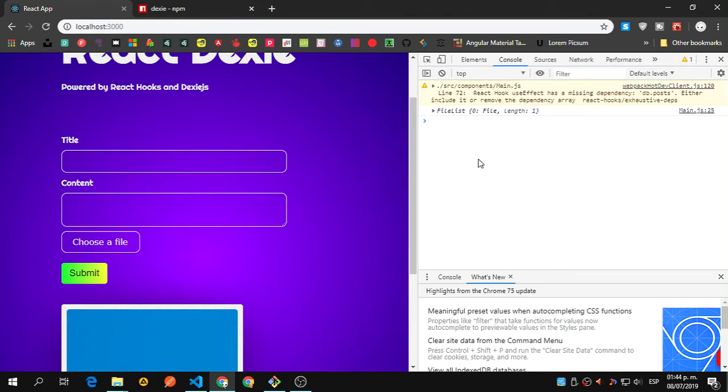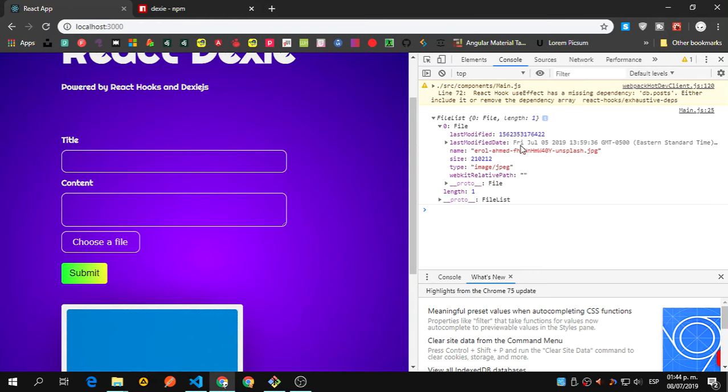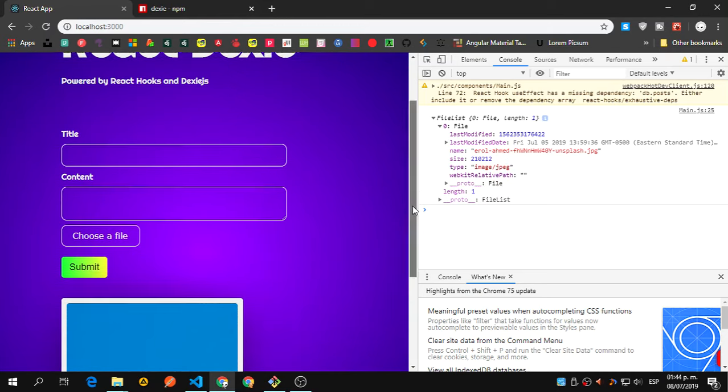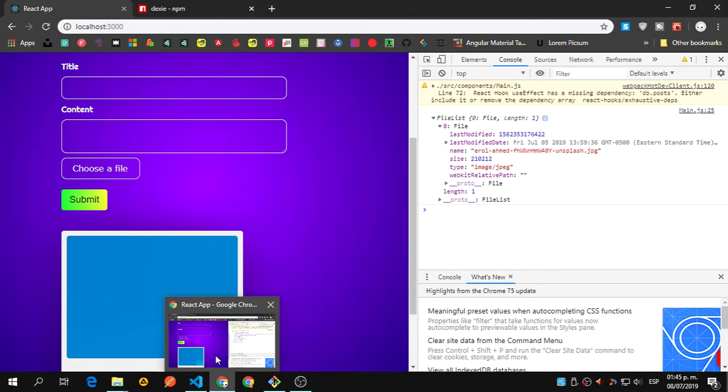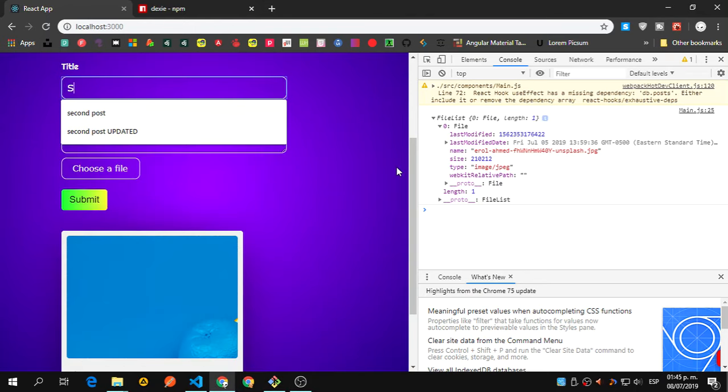Let's go to console, and you can see we have this file list, okay, with a length of 1, that is the 0 index, the first one, the name, the size, the type, and the modified. Okay, so this means we have the information here right now,